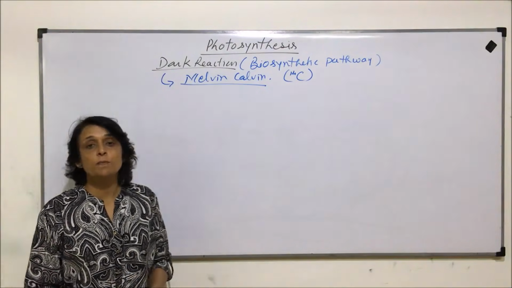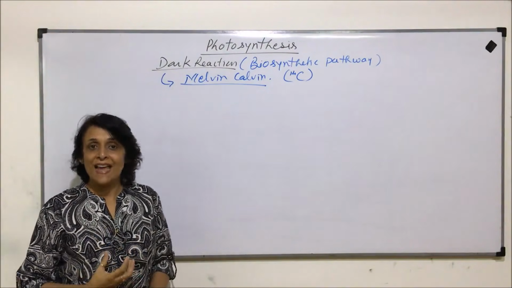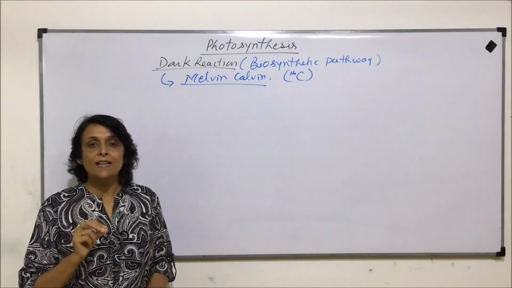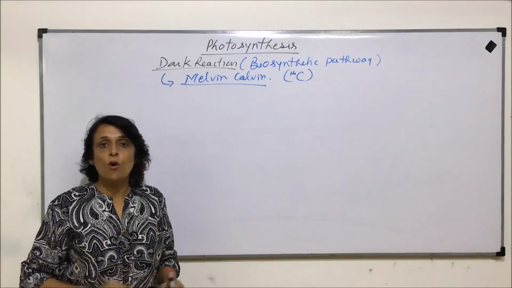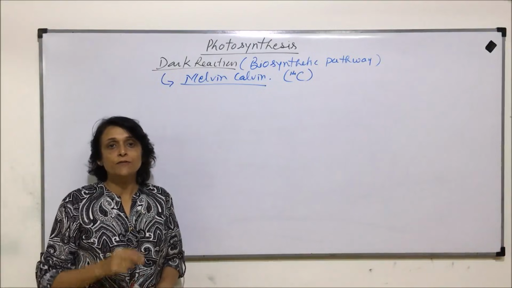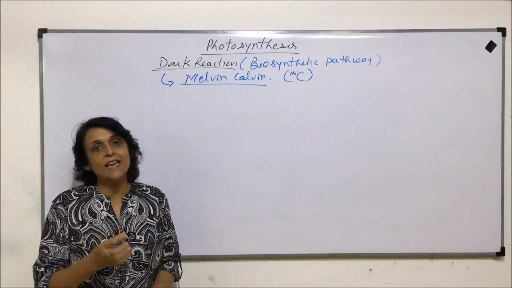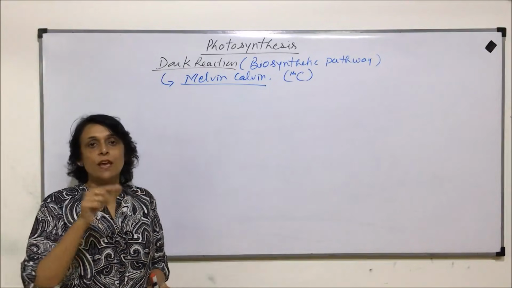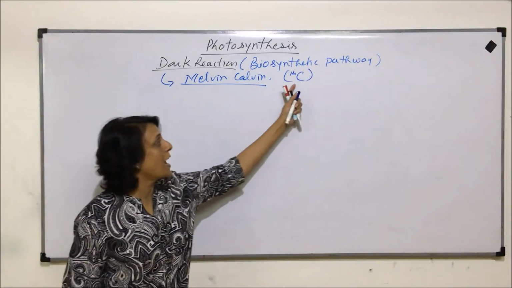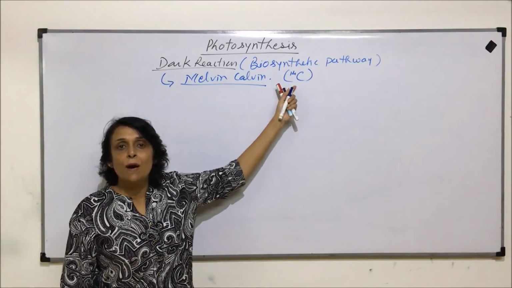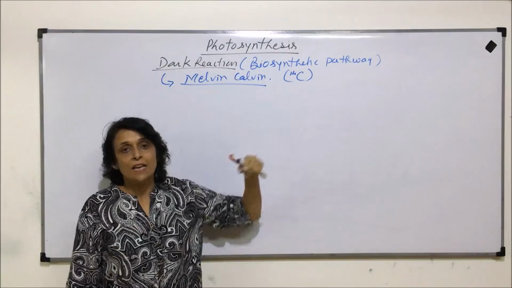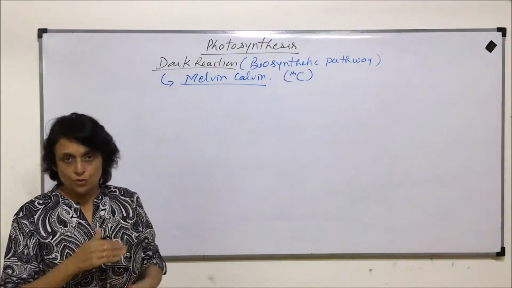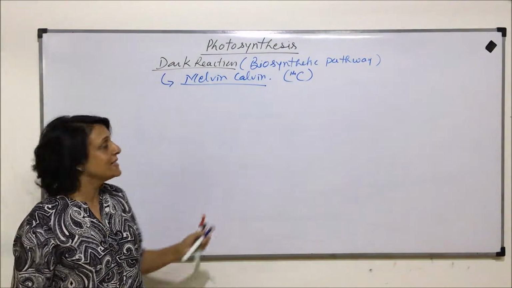The experiment which he performed was, he used green alga, exposed them to sunlight and took certain green alga cells and killed them in hot methanol, and after a few minutes when he would kill those cells, he examined the products which were obtained in those green alga. That's how he kept tracing the path of this carbon 14, and whichever compound had this carbon 14, he was able to interpret that these compounds were formed first, then next, and so on. That's how we got the entire cycle.